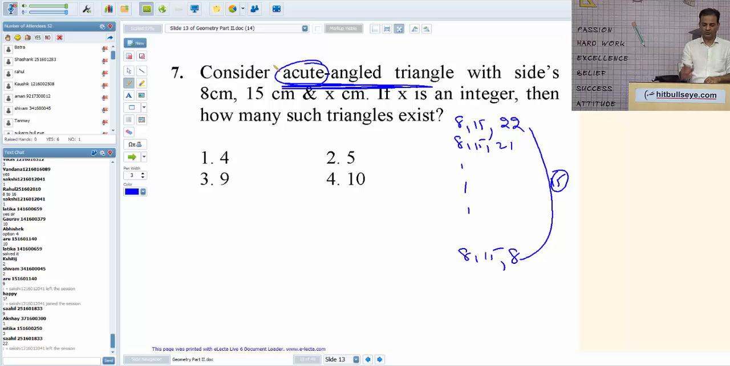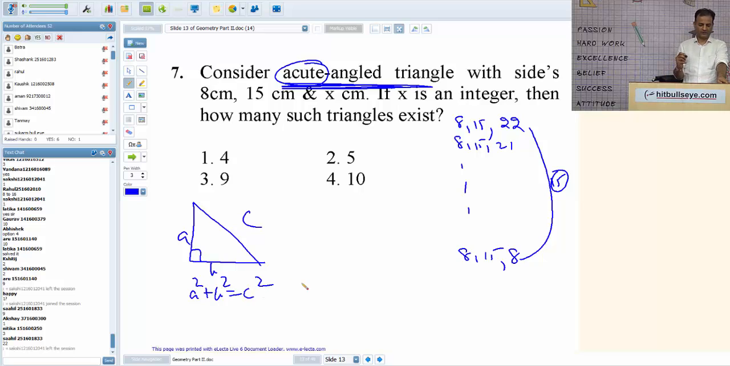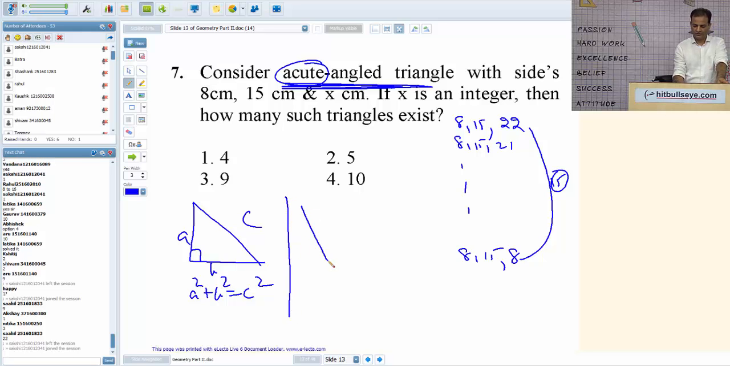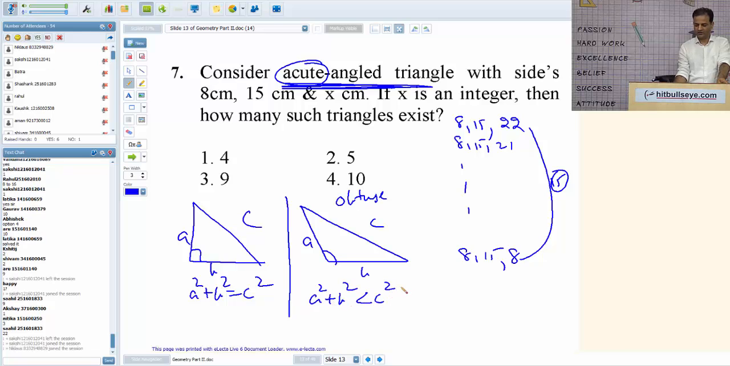Now friends, those who are not aware, they should learn three properties. For right angle, if this is A, this is B, this is C, what is the property? A square plus B square is equal to C square. This is for right angle. For obtuse, greater than 90, if this is A, this is B, this is C, A square plus B square should be less than C square. And for acute,